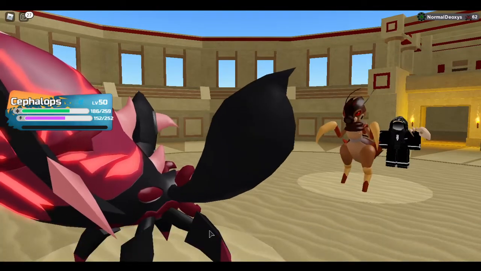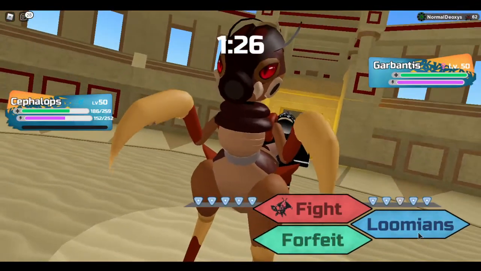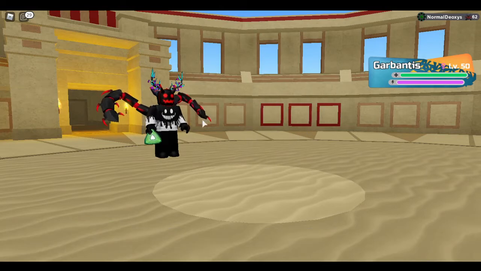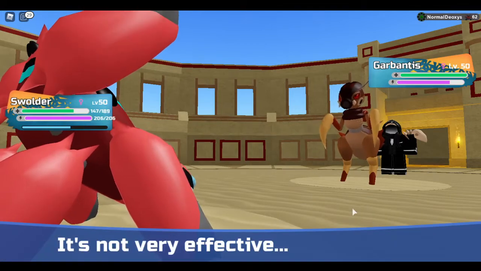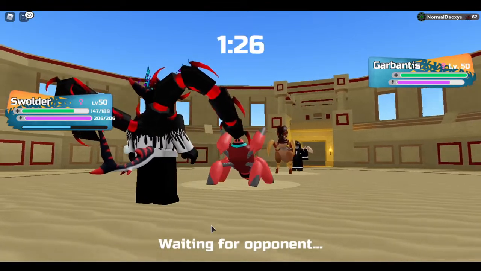Yeah, he's going to come out with Garbantus. Garbantus is a really good counter to Cephalops. I'm not actually going to sack Cephalops here because I know how good Garbantus is against him. This is going to be our Swolder swap here. We're just going to go straight into Swolder, knowing we're going to get a Bug-type move come at us. Yep, Battering Ram, and that is almost nothing. So we're just going to get a free Mega Punch off here